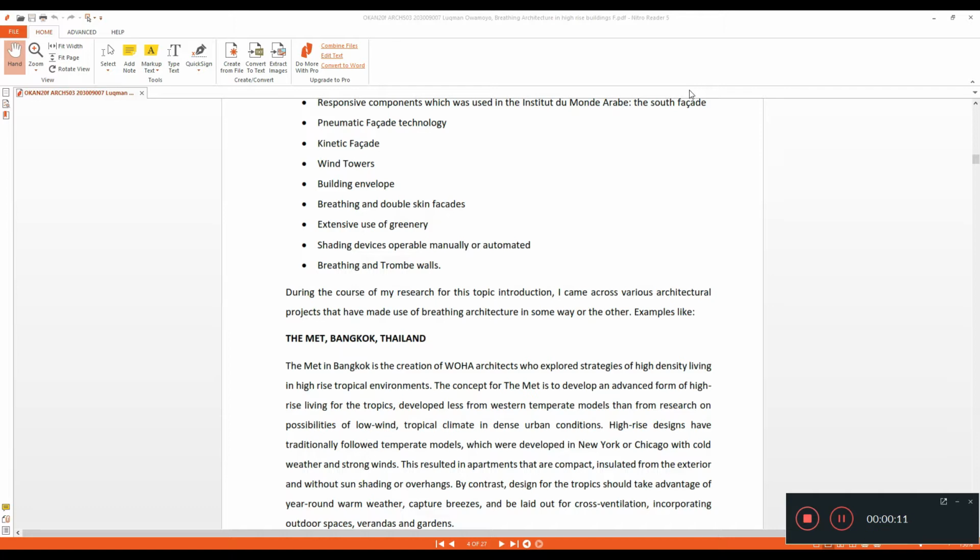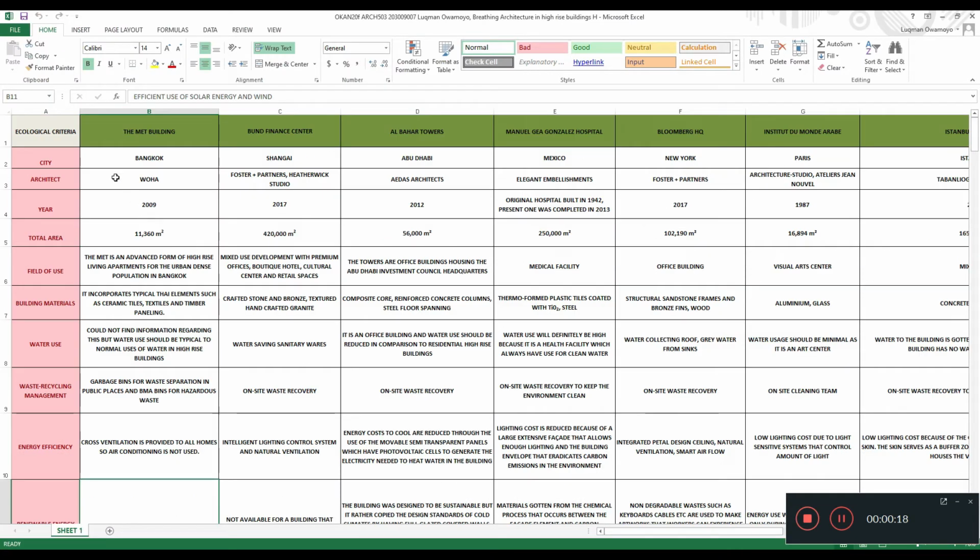This actually led me to the second part of my article, which is the matrix. As you can see, I've listed out the buildings which I'll be doing a case study on, and the features I'll be looking at on each building are ecological criteria. Before that, I've itemized the city each building was built in, the architect who made them, the year they were made, total area and size, and type of use, as in the building use,